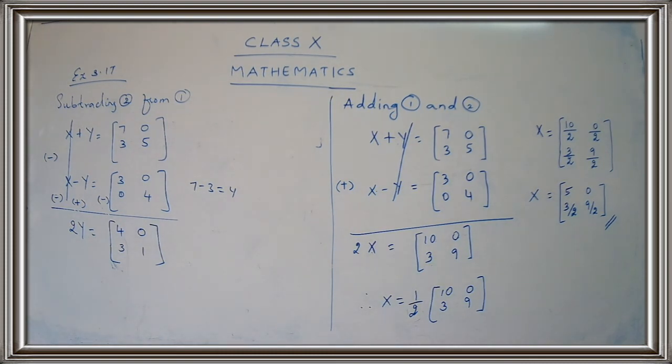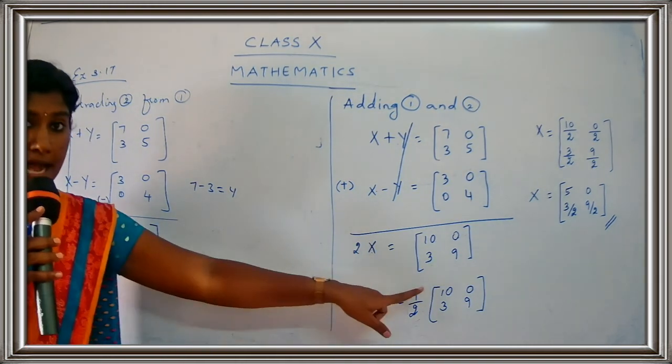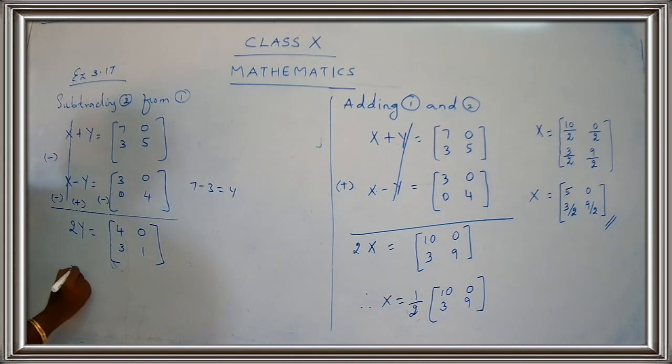So we are going to write down y. What is the value for y? Y is equal to, as we have proceeded for the first half part, we just brought this 2 to the RHS side. So now just bring the y. So y is equal to, the 2 turns to be half. 2 is a multiplication. When it comes to the RHS, you have to take the reciprocal of it. So the reciprocal of 2 is half. 4, 0, 3, 1. Now you have to just multiply the elements by half.